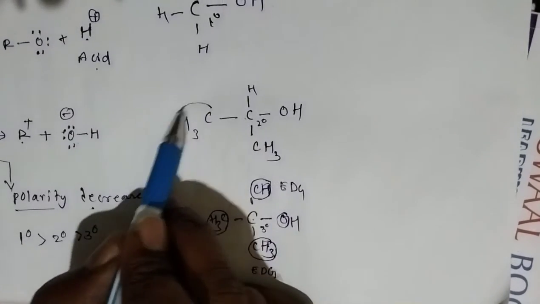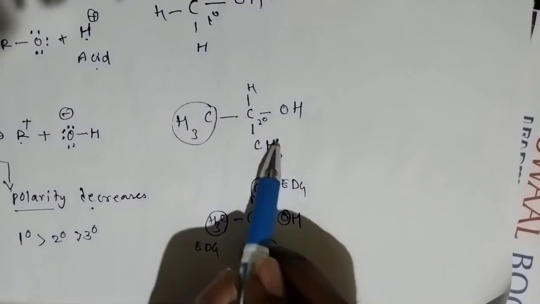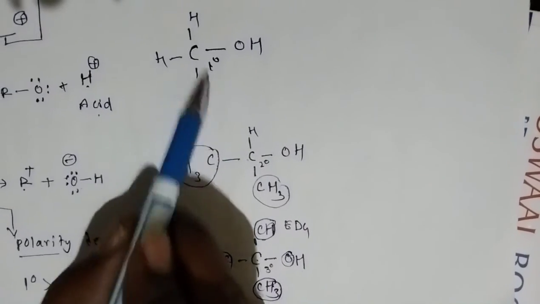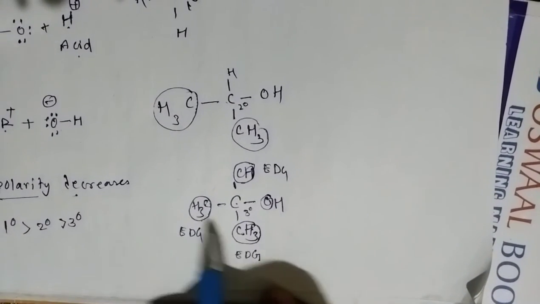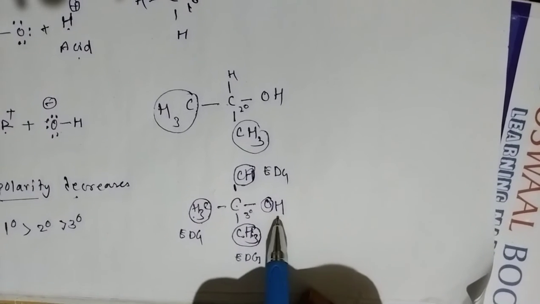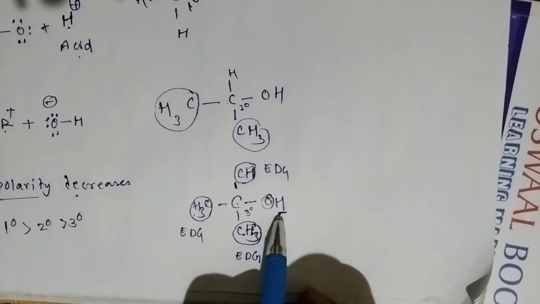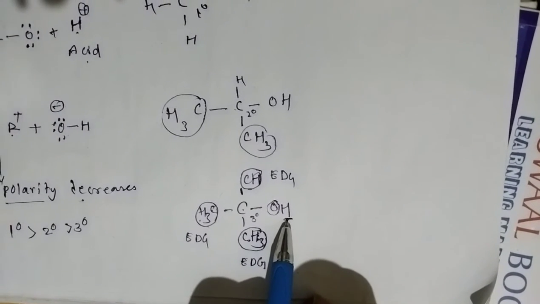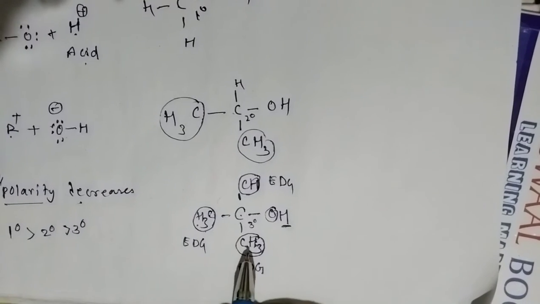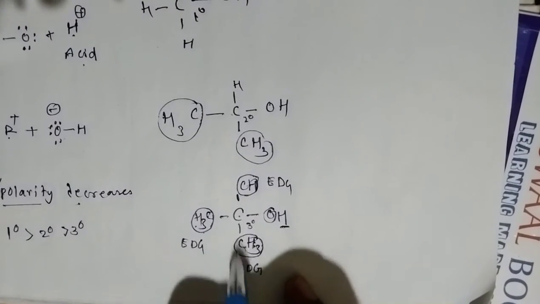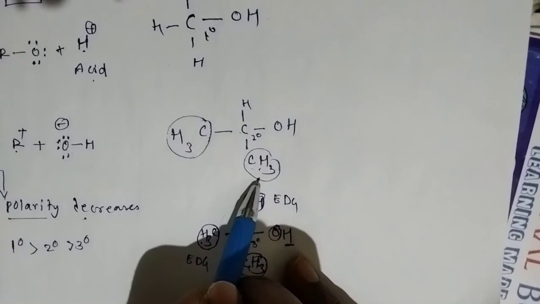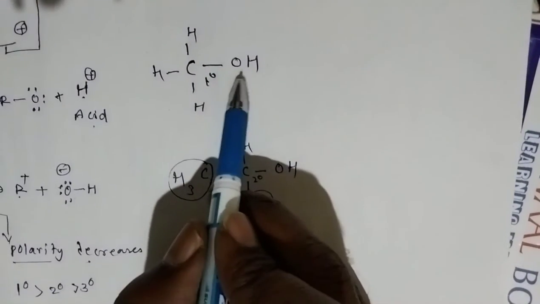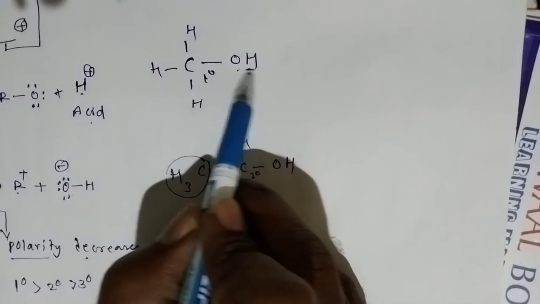Similarly, here two alkyl groups are there. In this case, only two alkyl groups, whereas here no alkyl groups. So what I mean to say is, when the number of alkyl groups increases, it is very difficult to remove these H plus ions. Compared to tertiary alcohol, with 1, 2, 3 groups, this one is a little easier to remove because only two alkyl groups are there. Compared to these two, this hydrogen can be removed very easily.